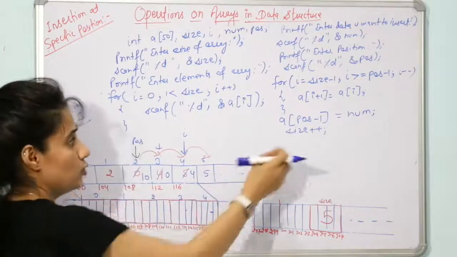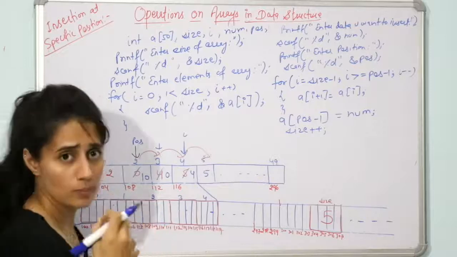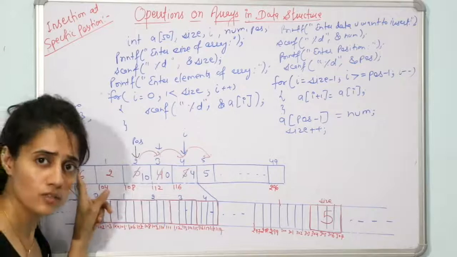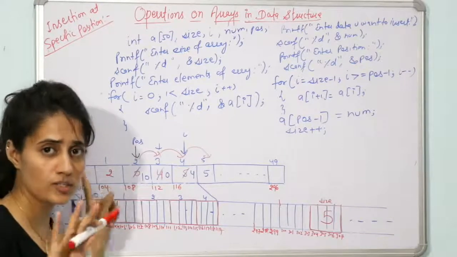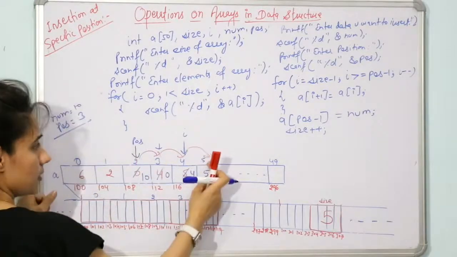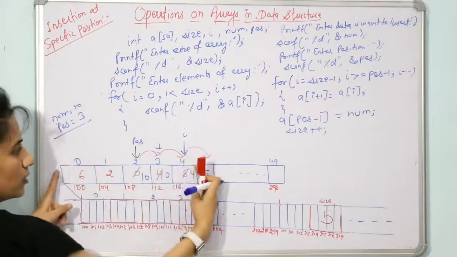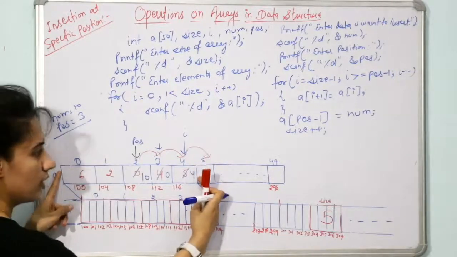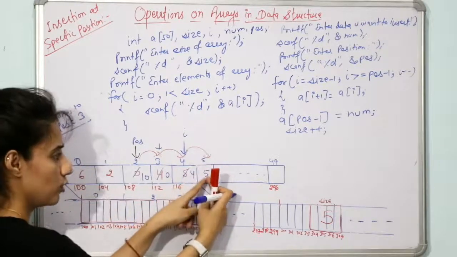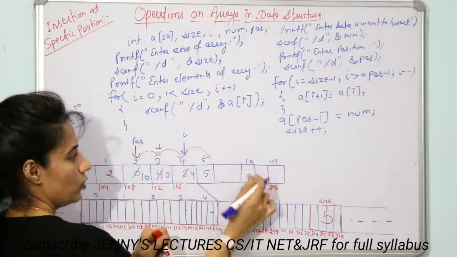And in this case you can also write one more condition, that is you can also put a bound on position. If position is less than 0, that is minus 1 or minus 2, then you cannot insert, that is an invalid position. And if position is greater than the size, the size is 5, so we have from 0 to 4 here. So within this range you can insert. Position can be 1, 2, 3, 4 and 5. Although position can be 6, here also you can insert, but position can't be like 10. Here you cannot insert. Why so?